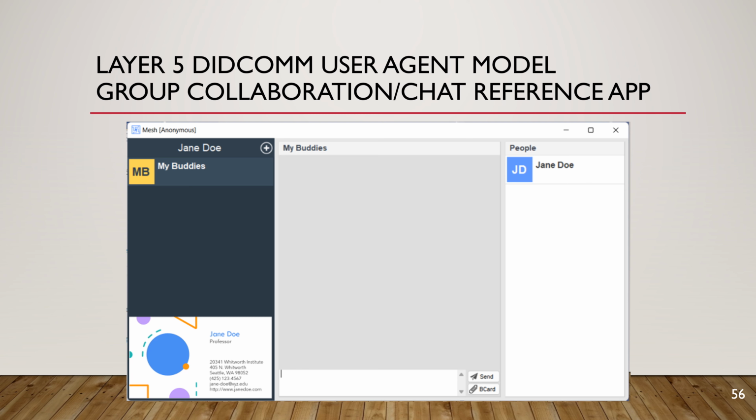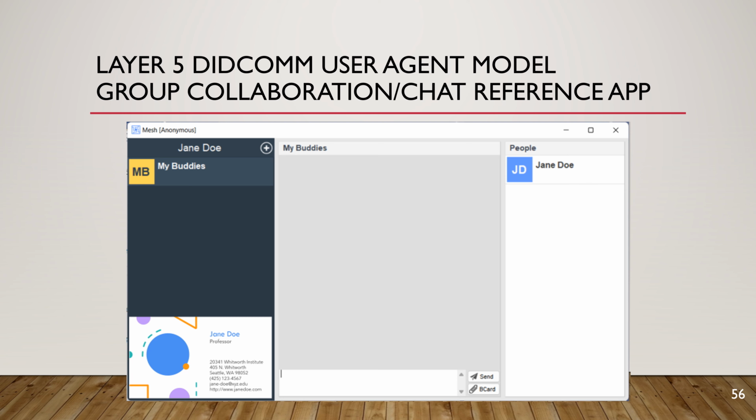The default version on GitHub actually uses the Tor dark web, point-to-point protocol or system for routing these messages. And this is going to become a DIDComm user agent reference application, because what we're going to do is take this user experience and we're going to bolt it